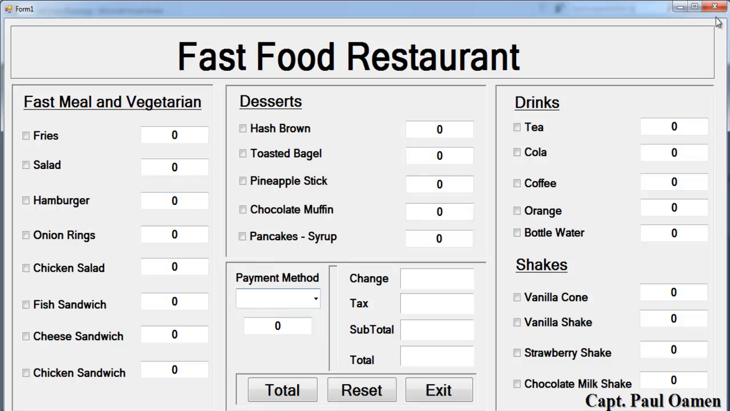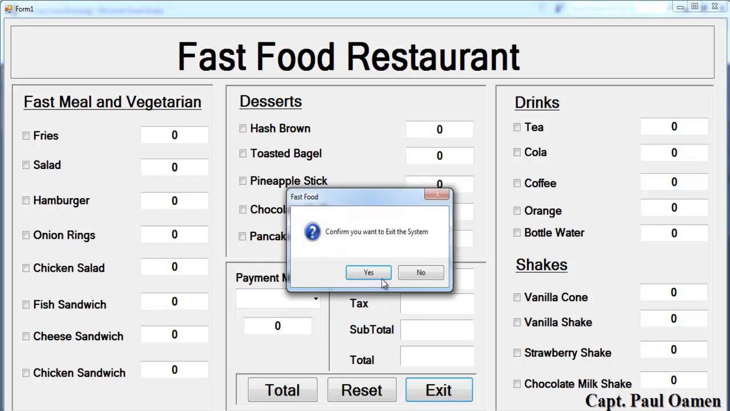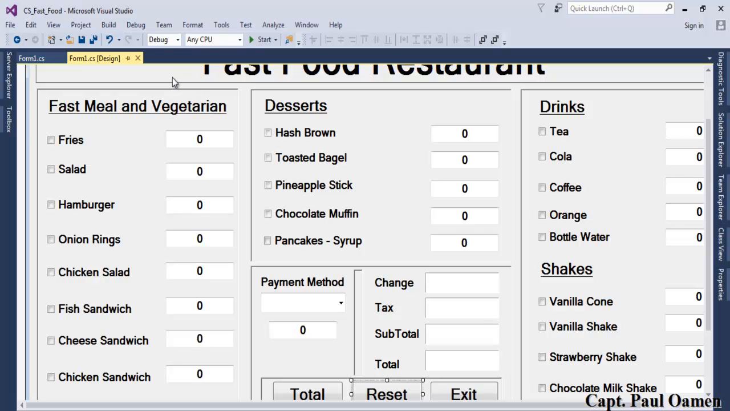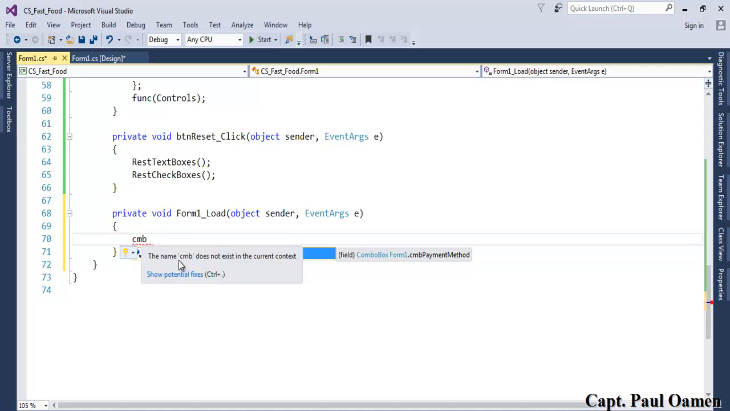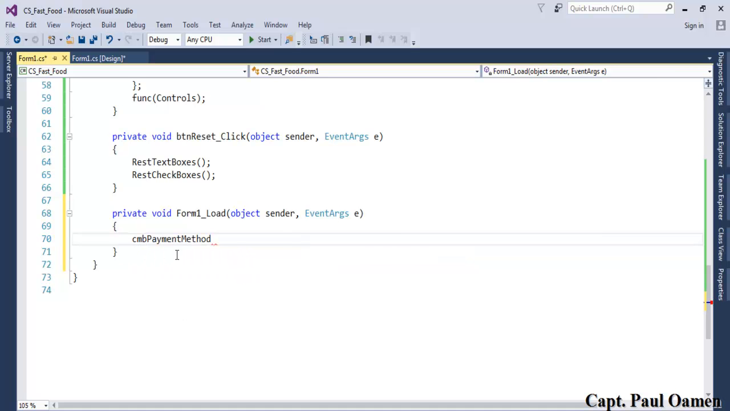So let's double click on the form load itself. Exit, click on exit. Yes, come right in here, double click on form. Let's get the form load into action. So we start that by saying cmb payments method dot items dot add. The first one I'm adding is going to be nothing in there, and for the second one,